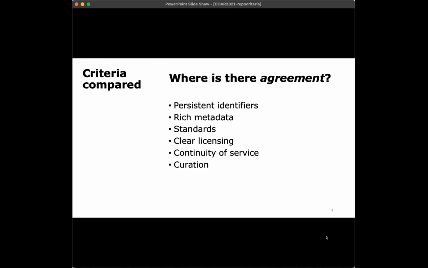Let's see now. So where's their universal agreement across all of these? There's universal agreement that persistent identifiers are important and essential even. Rich metadata is important. Standards, although the details may vary from rubric to rubric, are important. Clear licensing is important, not necessarily open licensing, but clear licensing was consistent. Continuity of service, also consistent. And curation as a service was also consistent, which took me a little bit by surprise. I value it highly. I think we probably all do, but it can be a bit of a challenge, especially for generalist